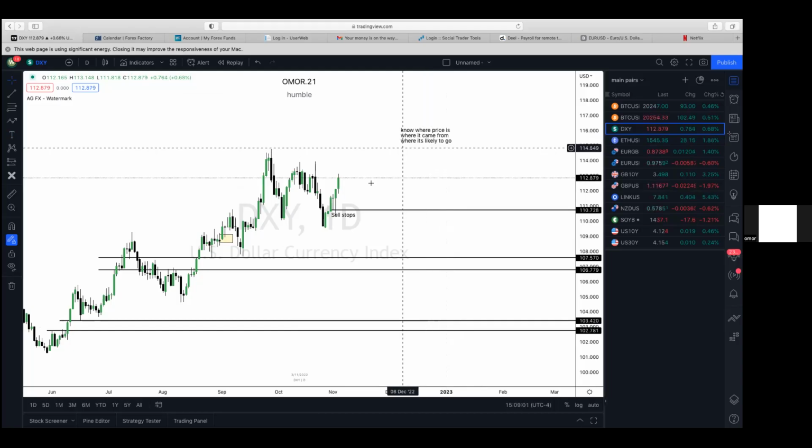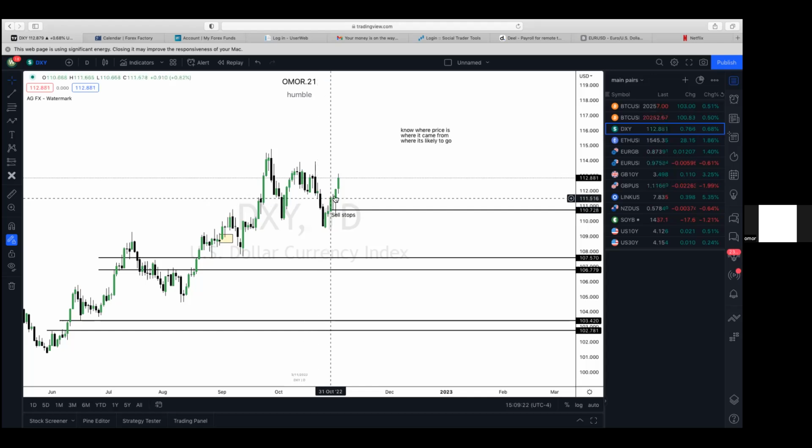Every single time you're on the chart, if this is the first thing you think of, you will start to build a stronger bias. The reason is this. Know where price came from. When we're here, where did price come from? Underneath this low. What's at that low? Sell stops, and they've been paired with buy stops in the bullish narrative. So we know where price is, where it came from. So where is it likely to go now?